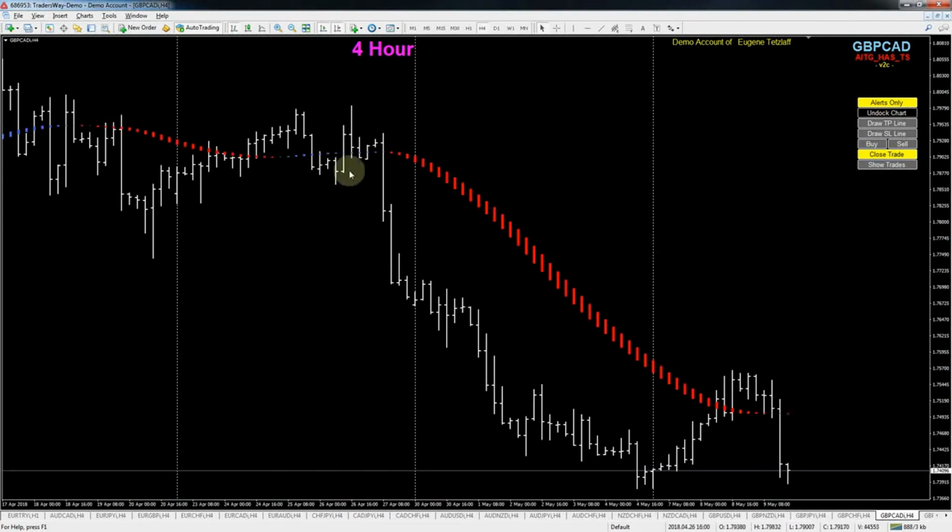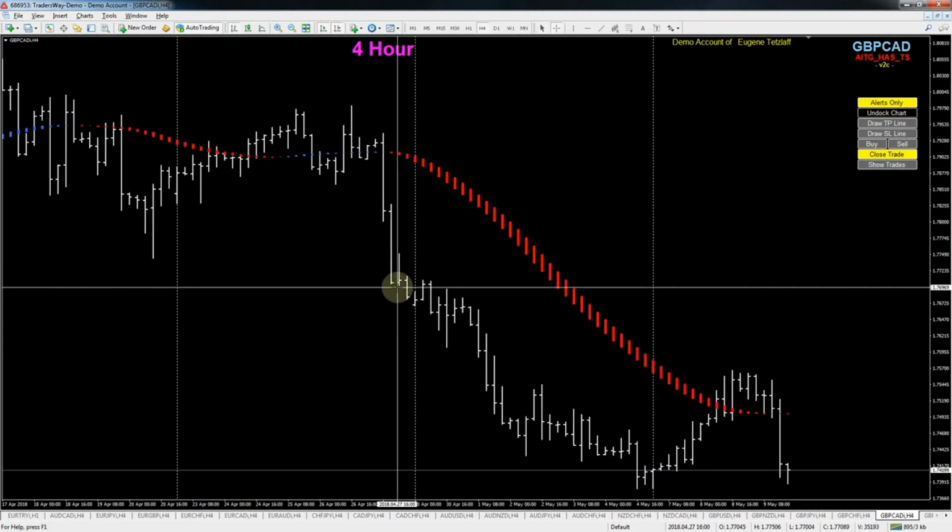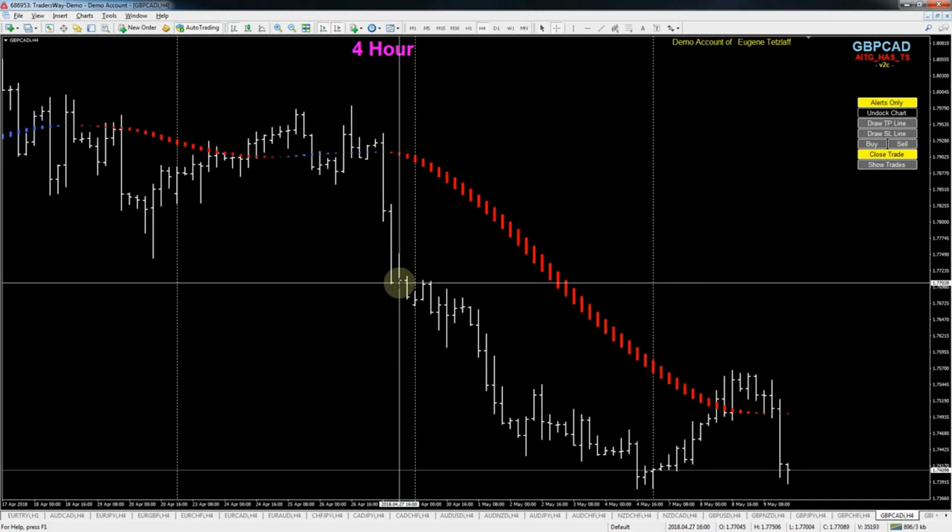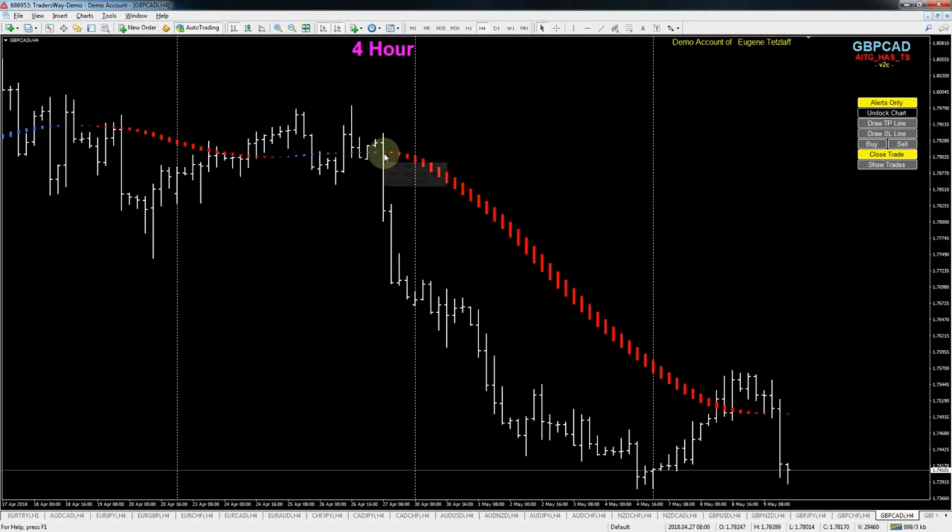Now we're going to take a trade on the color change. On the color change, like going down, you got to have a blue one, then a red one. When those 2 candles are closed, it will take the trade right here at the open of this one. That's where that trade entry would be. It takes opposite colored candles to be closed, and at the open of the next candle is when it takes the trade. Now there's also a setting in here